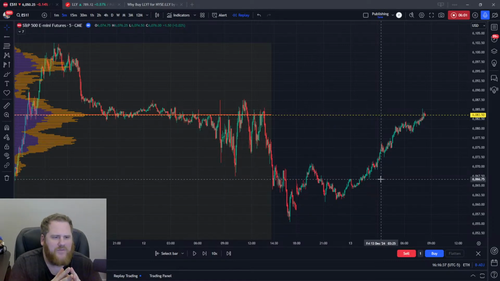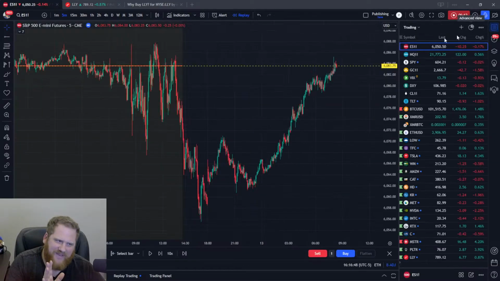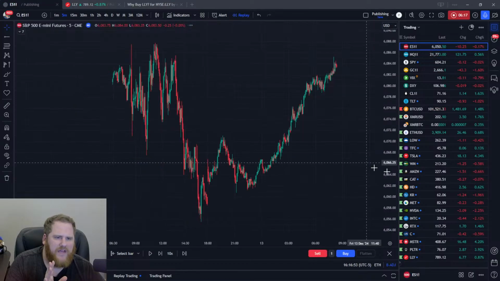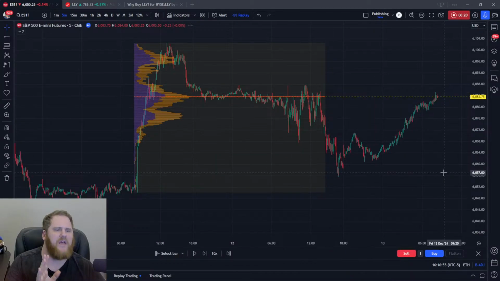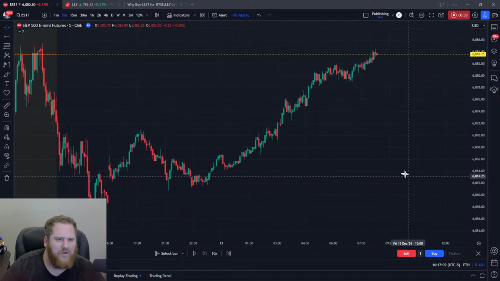Normally I would just say, okay, that's interesting. It's right at that key volume profile level. In addition to that, I also looked at the NASDAQ, which was also getting kind of spiky, and this was kind of a gut trade. I say that, but it's based on volume profile. But like I said, I was up. I might as well get paid for being awake, and so I put an order out there.